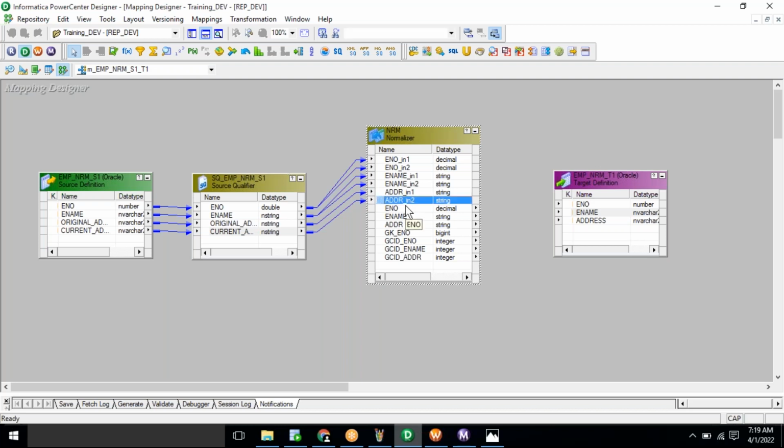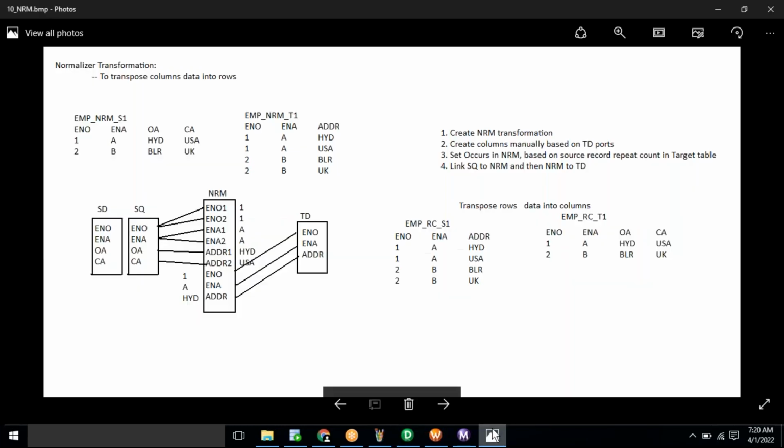And then from here, employee number, employee name, address, these three we can directly connect to the target. That's it. See, with this we have created the mapping. So whenever we create a normalizer, we have to follow the same steps. After creating the mapping, session, workflow, everything, as soon as we start execution, from the source it will